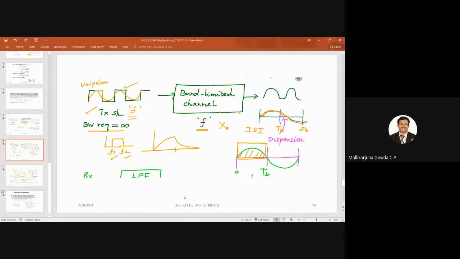I have something to say here. This is the frequency response of the low pass filter. The ideal frequency response will be a rectangular pulse like this. This is the ideal frequency response of a low pass filter. But in reality, there will be a pass band and a stop band. I will not be able to achieve such a strict, sharp difference between the pass band and the stop band. To achieve this, I need to have a very high order